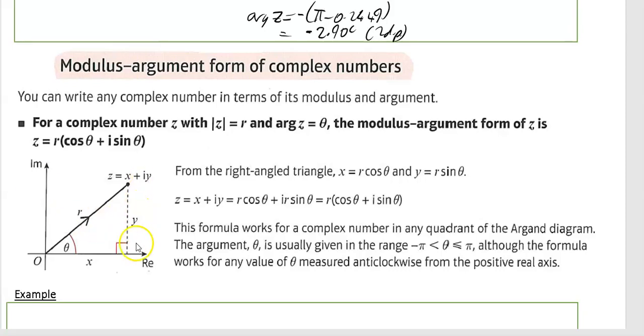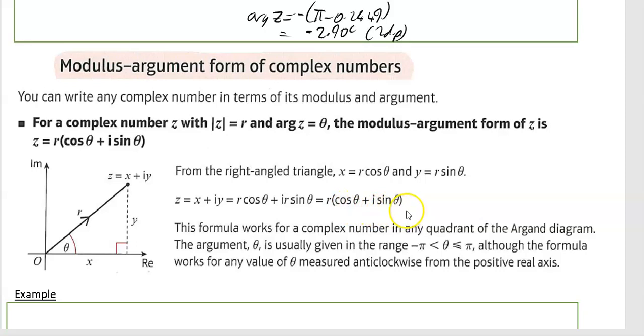So here you've got a complex number z equal to x plus iy, and you could write that so that the x part, by a wee bit of trig, is equal to r cos theta, and the y part is equal to r sine theta. So basically you can write it in modulus argument form. It's r cos theta plus i r sine theta, or you can write it as r upon cos theta plus